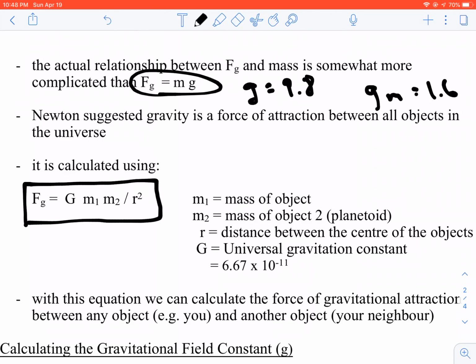G is the magical number called the universal gravitation constant. Okay, just like pi is 3.14 and it makes all those pi r squareds and 2 pi r's, big G is the same thing. It is a universal constant that works everywhere in the universe to look at the gravitational force between every pair of objects in the universe. Right, so